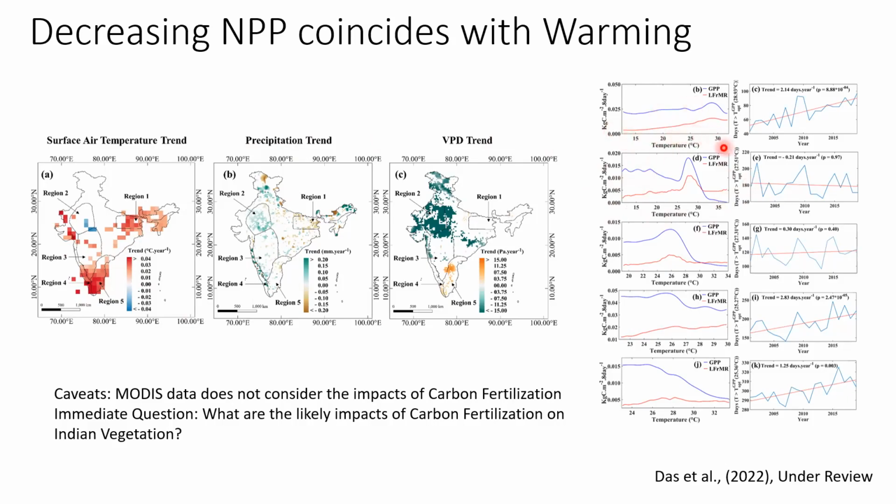So when your warming keeps on increasing, your photosynthesis keeps on increasing, but after certain temperature it starts dropping. So there is a threshold temperature above which the photosynthetic capability of the vegetation drops, but your respiration keeps on increasing. So what is happening? Your carbon dioxide uptake is reducing, but carbon dioxide release is increasing, and that results into decrease in the primary